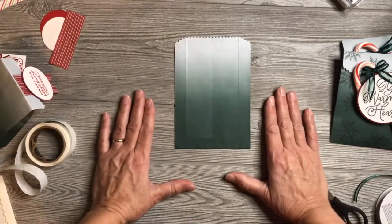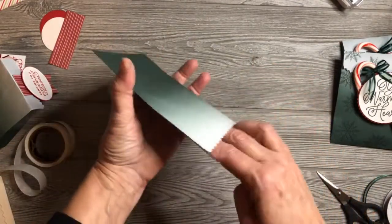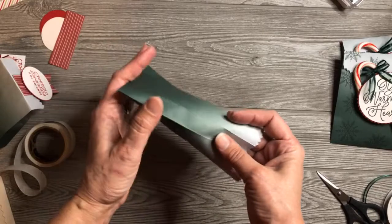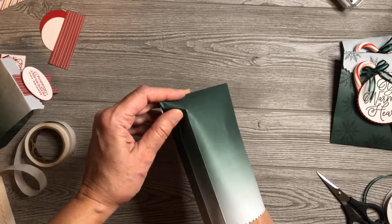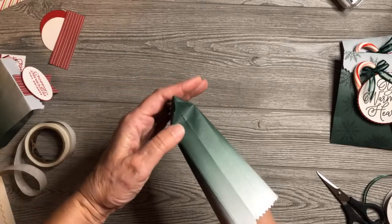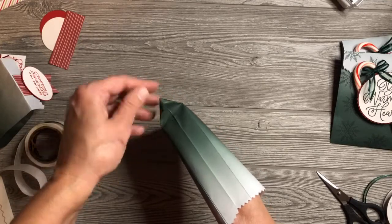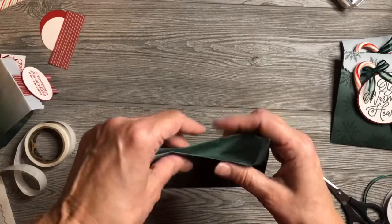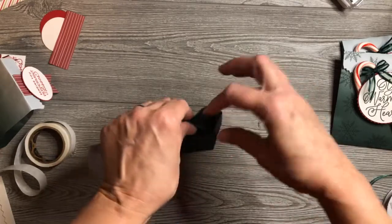Now, I have slightly bigger hands for a woman. I'm a fairly tall person. So if you have smaller hands, this is probably going to be easier for you. It was a little bit difficult for me, just because my hands are so big. So I'm going to come down here and try to find an even spot. This is going to fold to the inside, and this is going to,